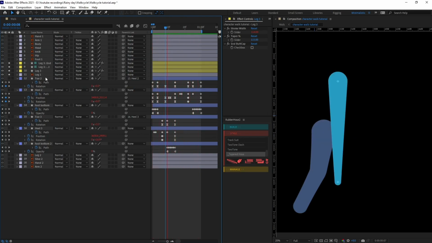Let's solo the hose with this layer, and let's try to match the strokes with this one.